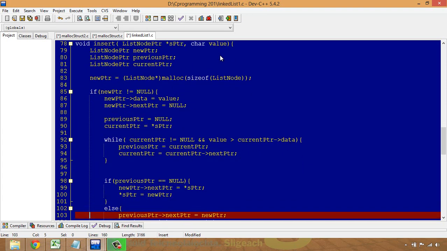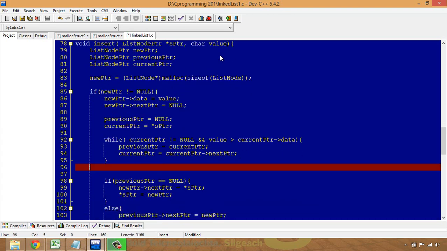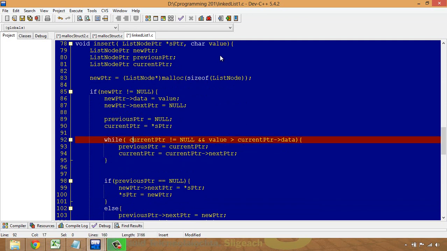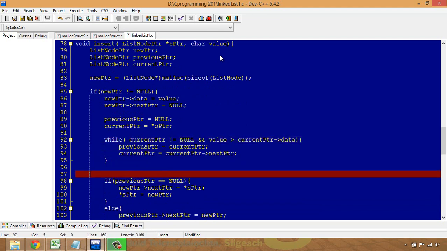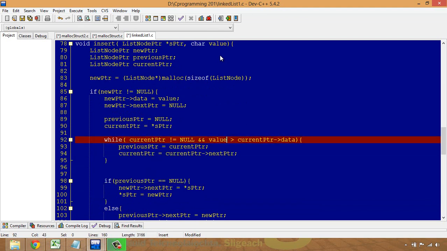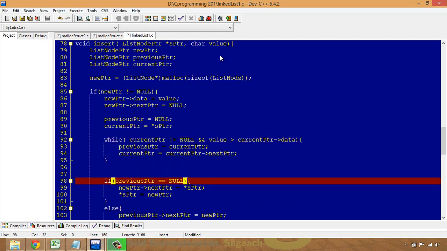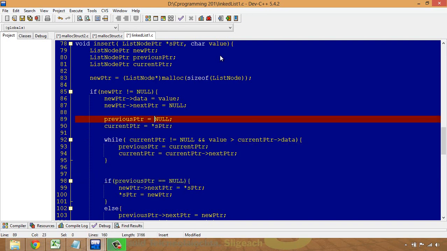Now, why did the while loop end? Did it end because we reached the end of the list, as is the first situation here, or did it end because we found a value that was smaller than the current value? Well, the first thing we need to check is, what is the value of previous pointer? Because in the very first case, it was null. So if we entered the list and we found that there were no items in the list, okay, that's the